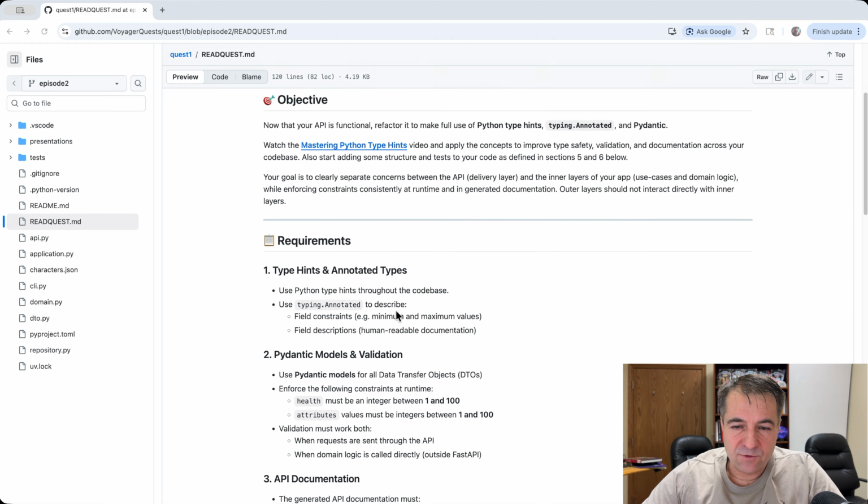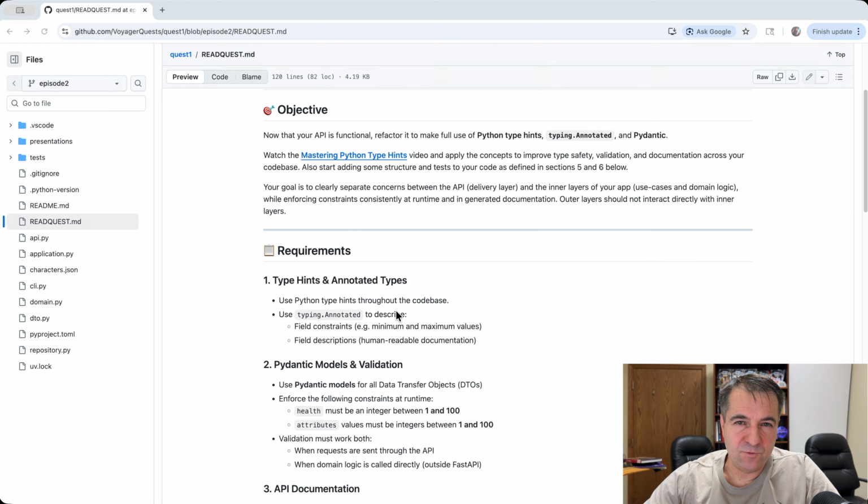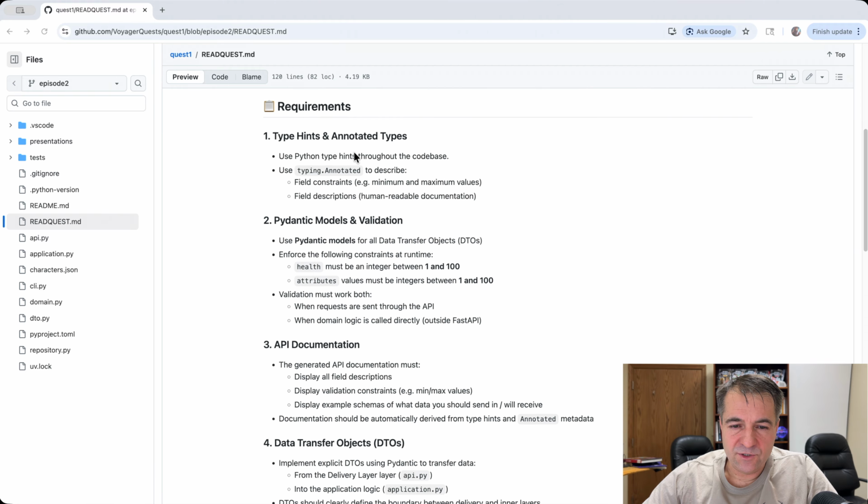So now that you have the code working, which was the objective in episode 1, I want you to really use Python type hints and annotations as well as Pydantic to simplify the entire code base. Now, in order to understand how to do this, you need to look at this video over here, Mastering Python Type Hints. It will go into Python type hints, typing and annotated, and Pydantic, and it will basically explain exactly how to do this. The requirements are that you use type hints and annotated types. And what you need to do with that is,